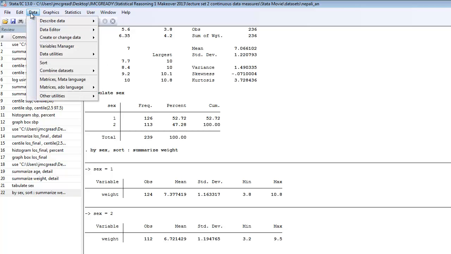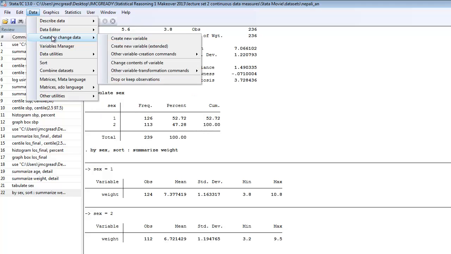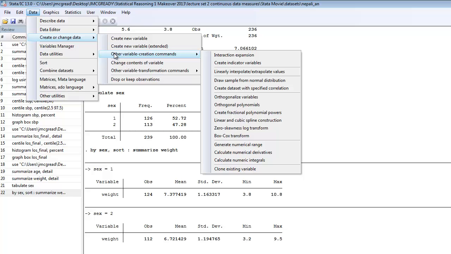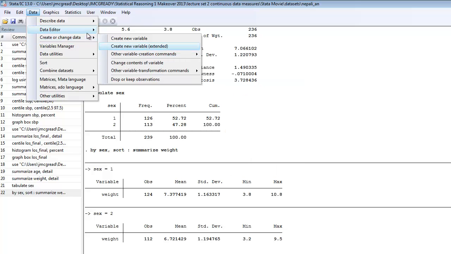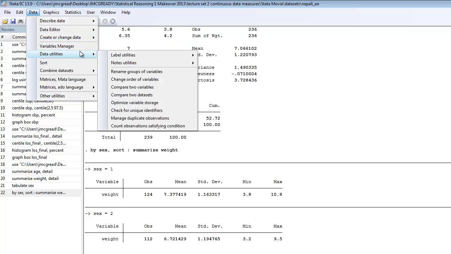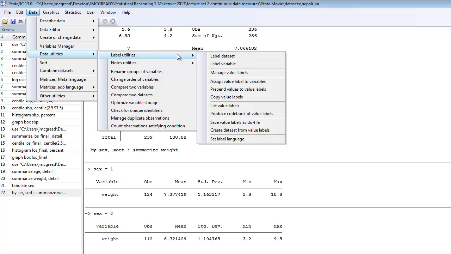I'm going to go up to the Data tab here, go to Create or Change Data, and this is the wrong place to go. So I'm going to have to figure out where to go to do this. Ah, here we go. So even I, who've used Stata for a fair amount of my life, has to hunt and peck a little bit when I do these analyses to remind myself of where things are. If I go to Data Utilities and go to Label Utilities, and I go down to assign a value label to variables,